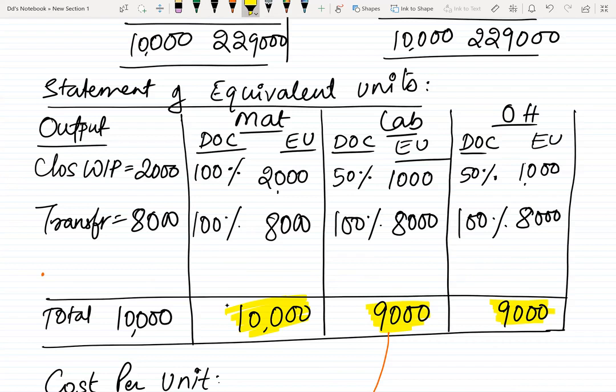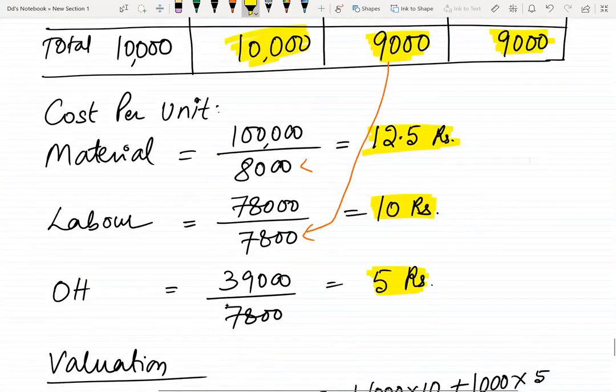My answer would be no, because it depends on certain adjustments provided in the question. I will discuss everything in detail. First, let us understand both the methods, and then I'll tell you when to use FIFO and when to use the average cost method. Complete the total.